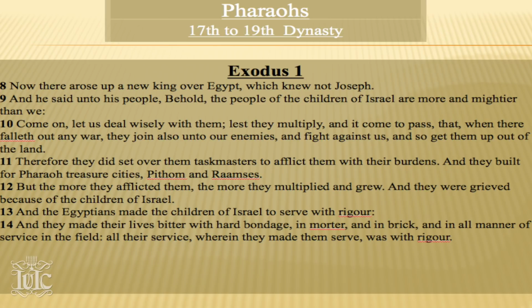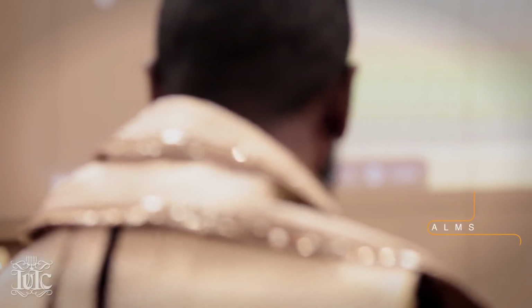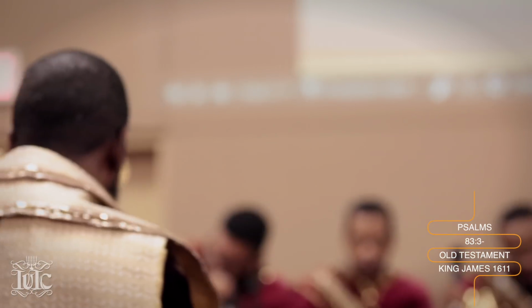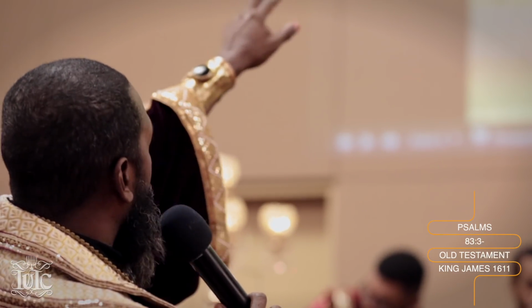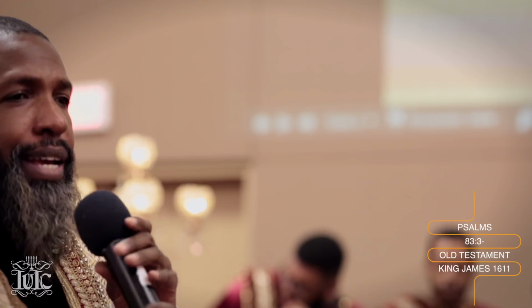That's the same thing that Psalms, the 83rd chapter says. I believe it's verse 3. Can somebody read that for me? Psalms chapter 83 and verse 3. They have taken crafty counsel against thy people. Stop. So when it says, come on, let us deal wisely with them, it's saying the same thing that all